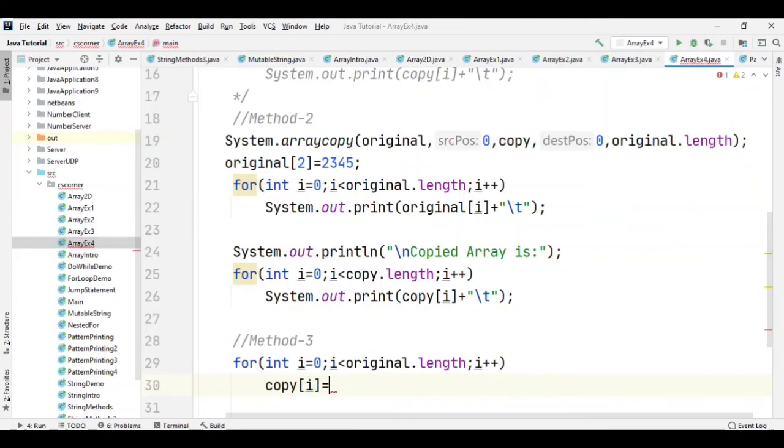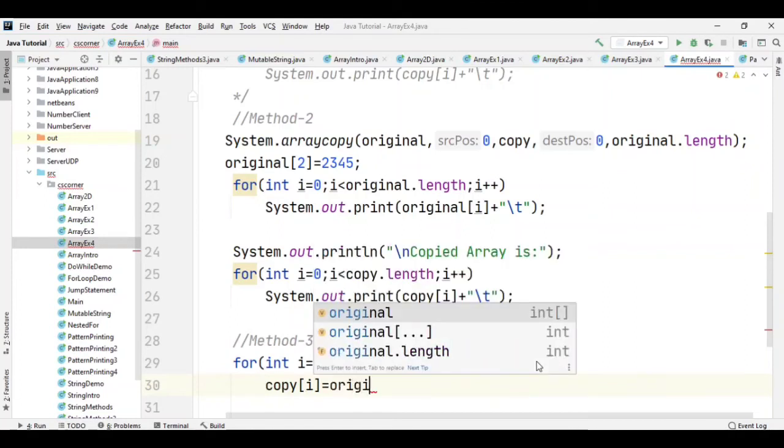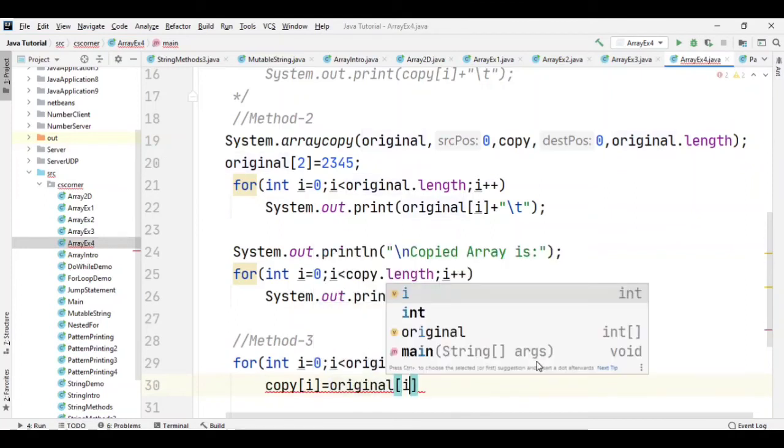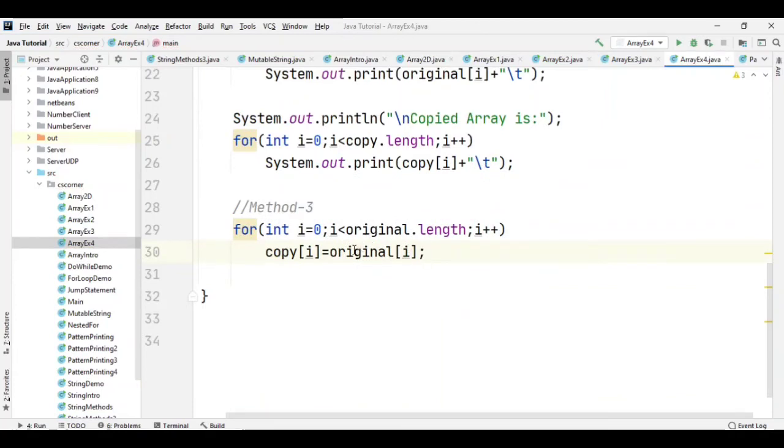So copy[i] is equal to original[i]. It is taking each and every element from the original array and assigning it to my copy array.